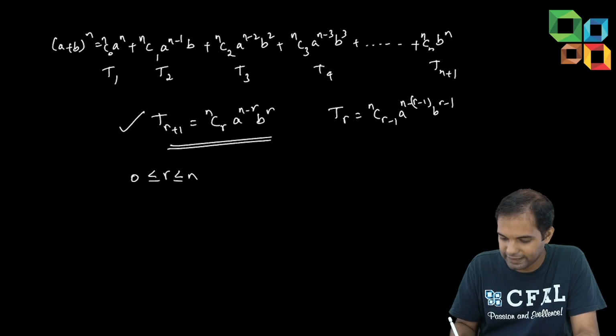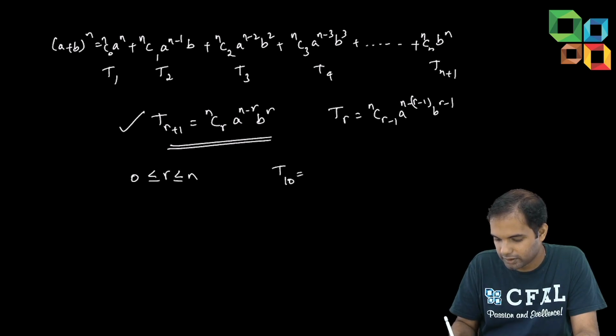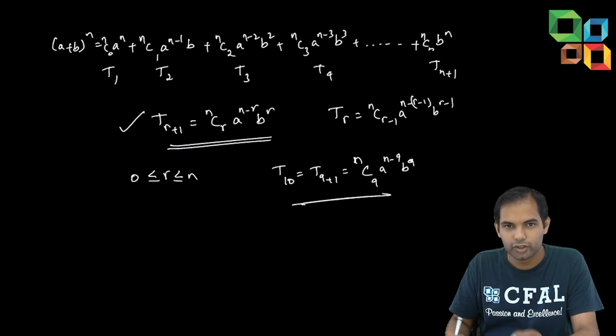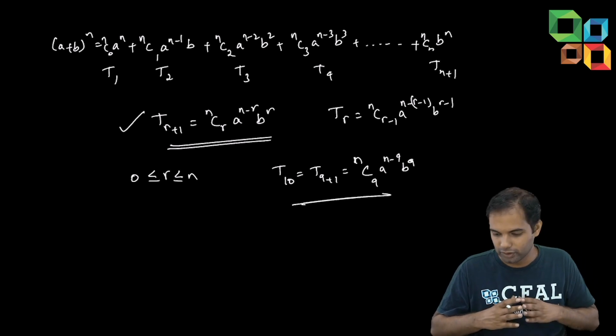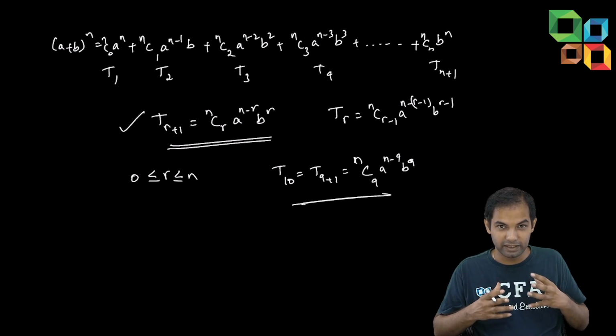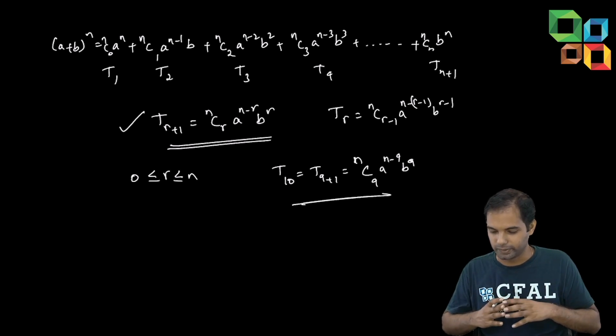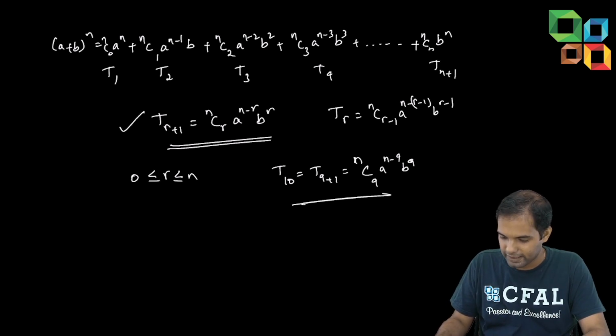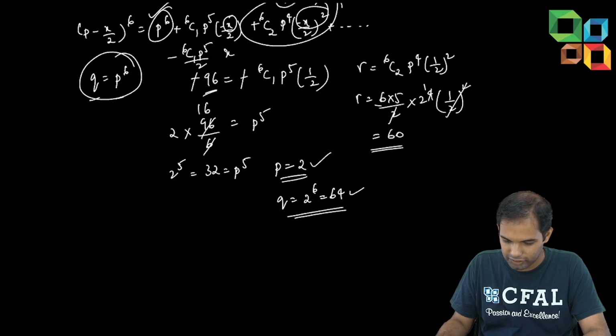Now suppose I ask you t10. T10 is nothing but t of 9 plus 1. We don't know what n is, so I'll keep n as it is. nC9, a power n minus 9, b power 9. That's it. So you can see before also for the radical sign, etc., this will be really helpful. You can directly figure out how. So if I go back to the problem of the radical sign, whichever the term is